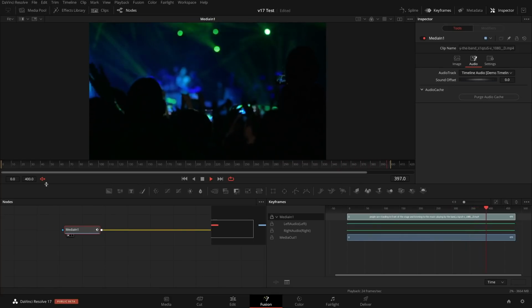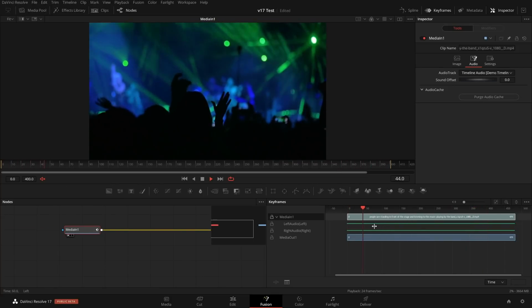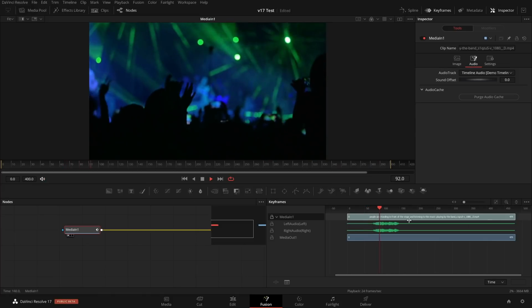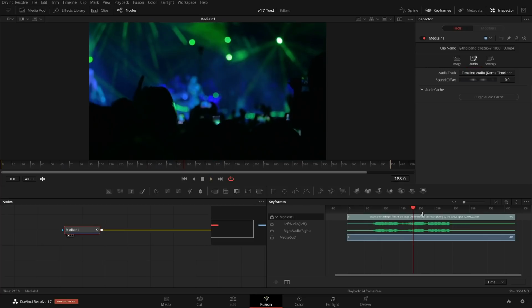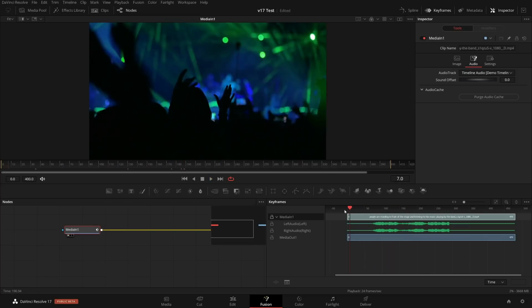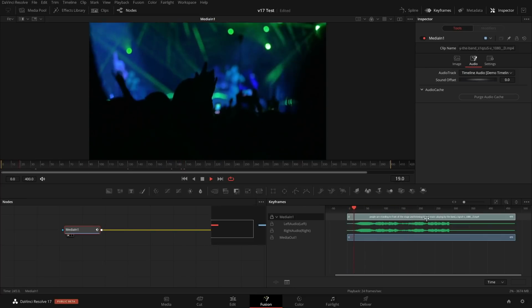So if I purge and it's muted, you see they're not being cached, but if I unmute, the caching starts. So keep that in mind. You may need to play once through after you unmute if you have purged anything. So right now I have the full audio track. Let's assume I need to isolate certain elements, or I have certain elements that I want to animate to. Maybe I don't need all the audio.